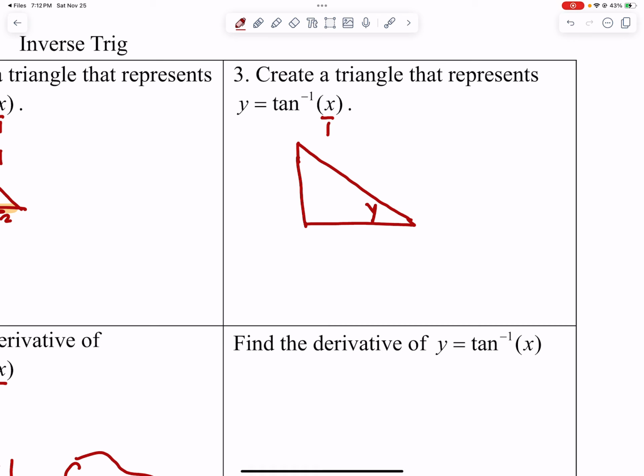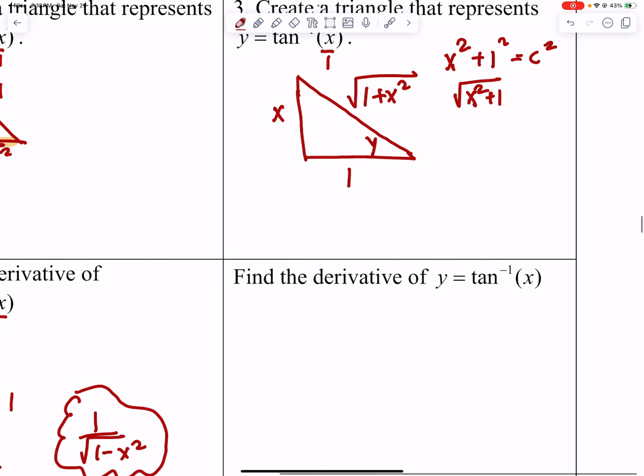Remember that tangent is opposite over adjacent. So we have opposite, adjacent, and then using our knowledge of Pythagorean theorem, we're going to have x squared plus 1 squared is equal to c squared. And that's just going to give me x squared plus 1. I'm going to rewrite it a little bit so that it's prettier. In this case, 1 plus x squared. You could say x squared plus 1. I don't care. But either way,